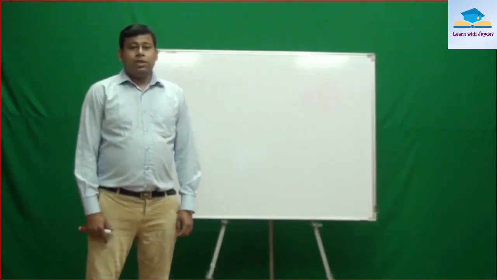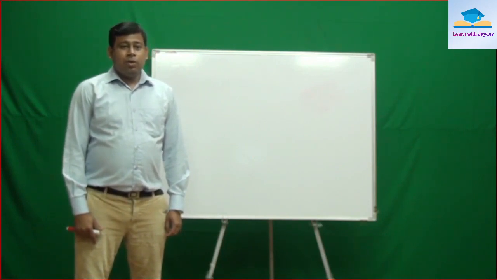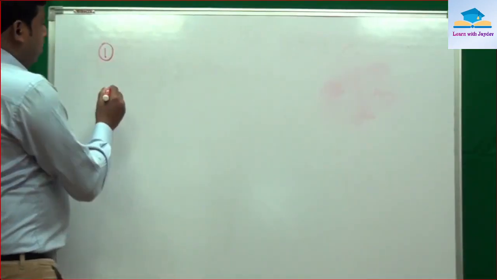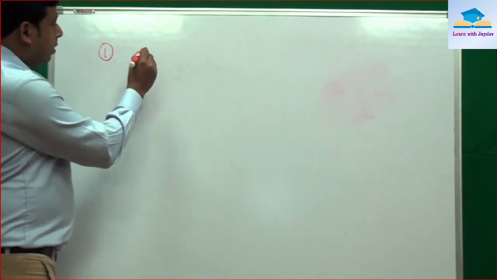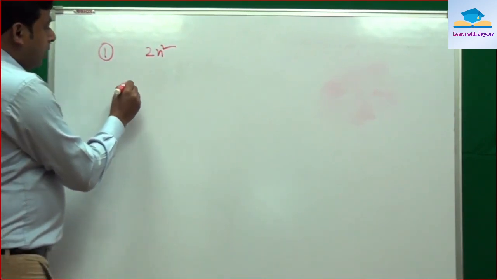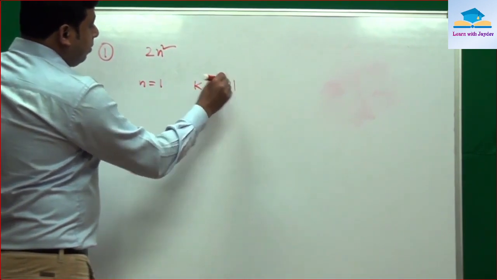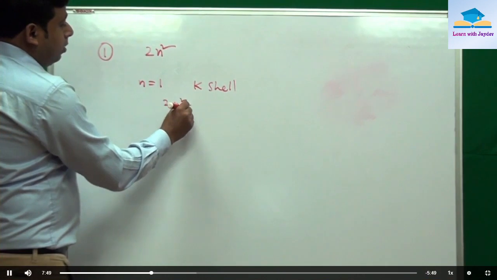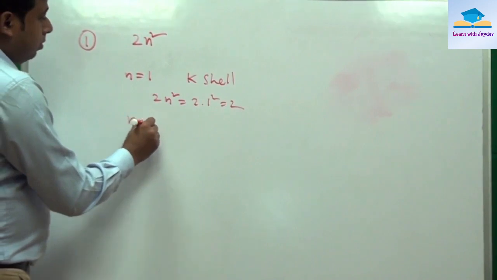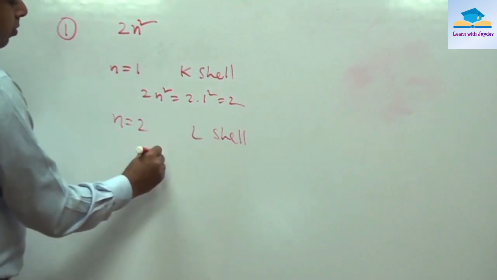We'll discuss the distribution of electrons in different orbits of an atom. Bohr suggested 3 rules. So we'll point out those 3 rules here. Rule number 1. He said the number of electrons in an orbit will follow 2n square. So in the case of the first orbit, n equals 1, that means the K cell, the number of electrons will be 2n square, that is 2. In the case of the second orbit, that is the L cell, the number of electrons will be